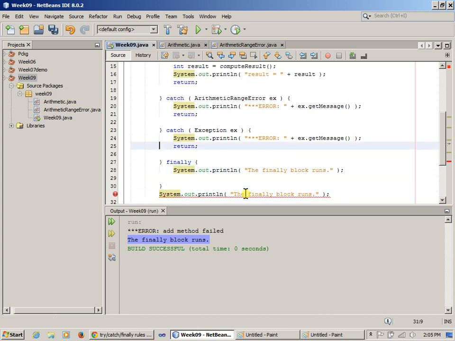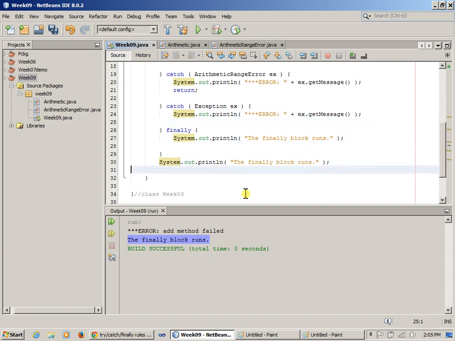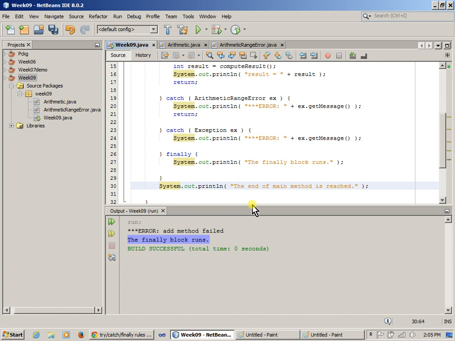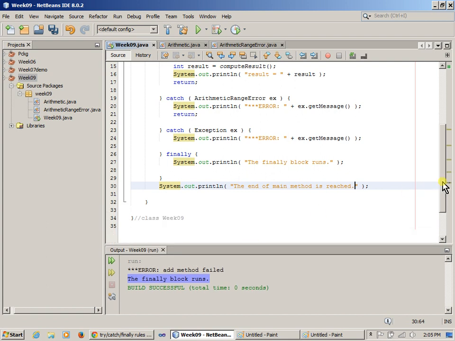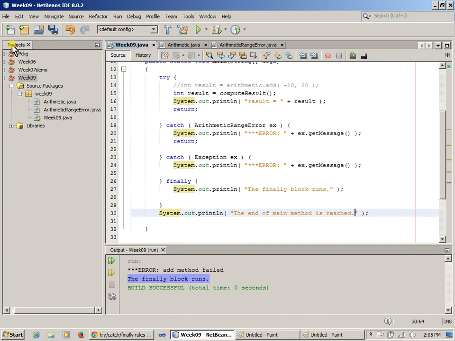If I remove one of these return statements, then here we can say that the end of main method is reached. Okay, so we can print that in our test. However, if we save this and run it, you see that this statement